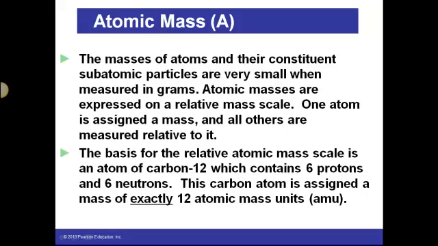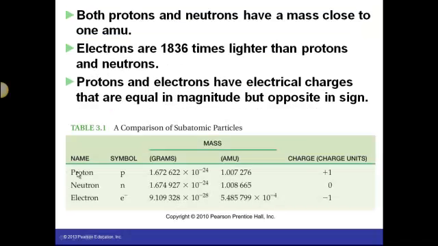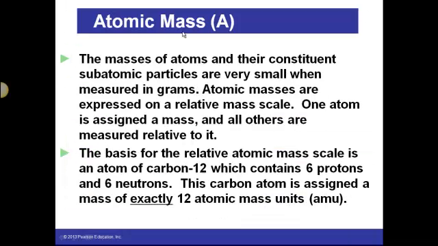Alright, so now we want to define some features of the atom. The first one that you're going to need to know is the atomic mass. The masses of atoms are, again, very, very small. We said that the mass of the protons and the neutrons are essentially one atomic mass unit, and that the electron's weight is very insignificant because it's almost 2,000 times lighter than the proton and the neutron weights. So the atomic mass is really going to be determined by how many protons and neutrons that the atom